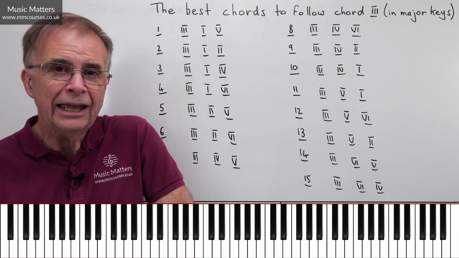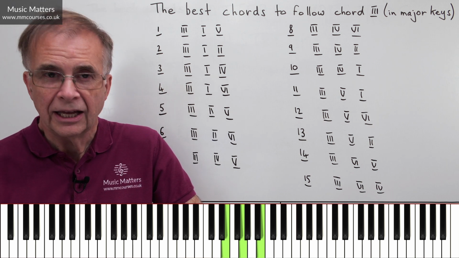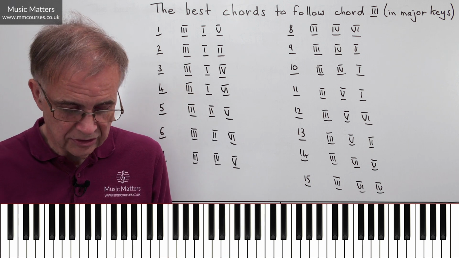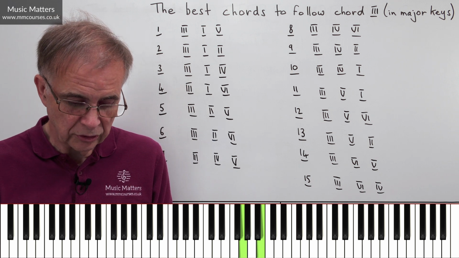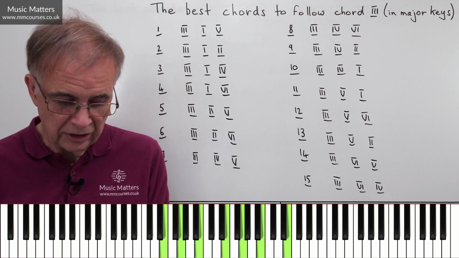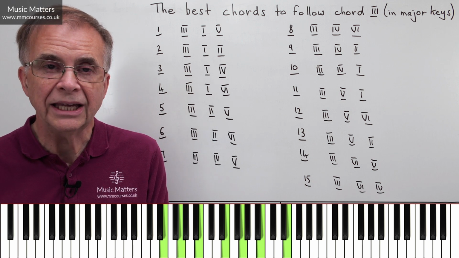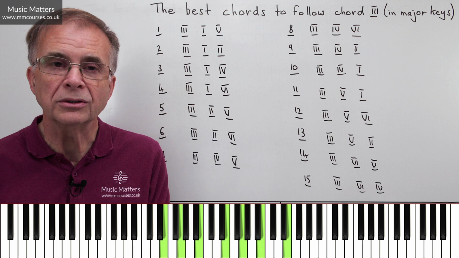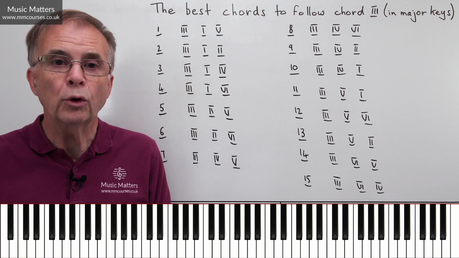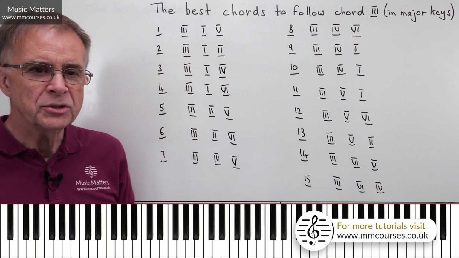Just before I do, if chord 3 is E, G, B, that's the triad. Of course, if I want to make 4 notes in my chord, I just need to double one of those notes. So I could put another E in the bass, so I've got 2 E's, a G and a B. I could have lots of notes in a chord, but you notice I've got 7 notes, but all those notes are E's, G's and B's, so they still all belong to chord 3. So you can have as many parts in a chord as you want to, but it's all based on the notes of that triad.